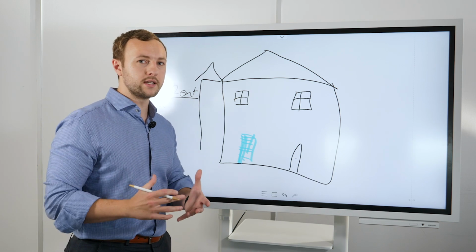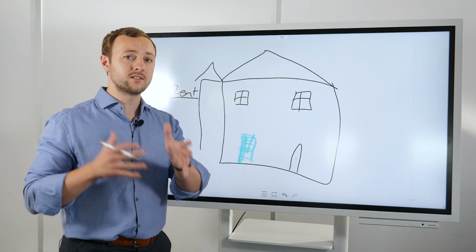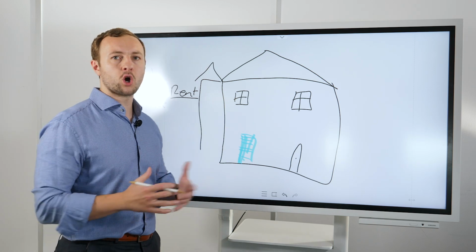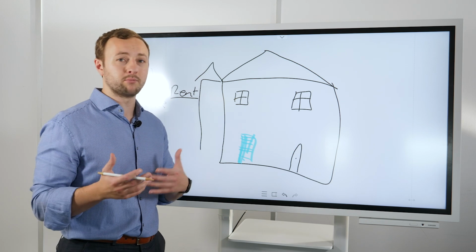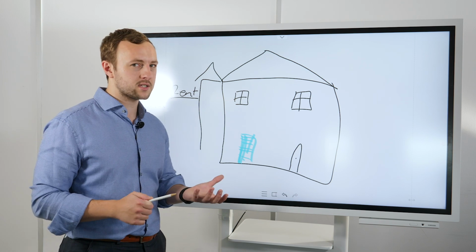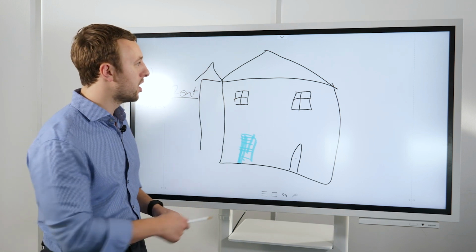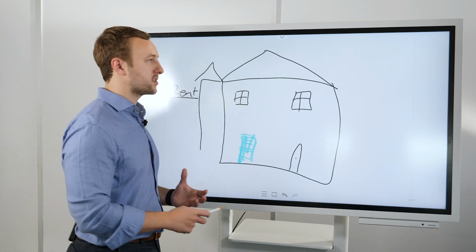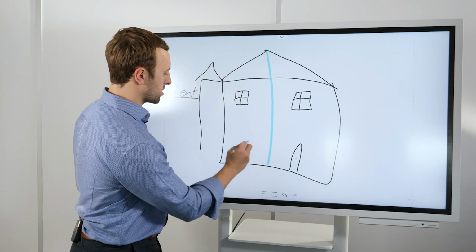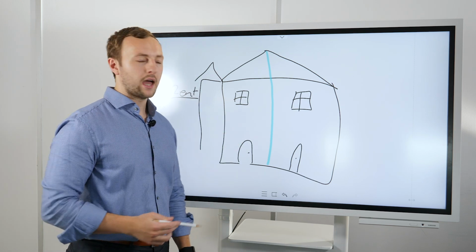Now, with some further research into this, we found out that this property used to be two small properties and a post office. But instead of just going in and tightening it up, adding 15, 20, probably 25 grand because it needs a lot of work, and then getting an end value of, realistically, 100,000 to 120,000 for that big property, what we can do is go in there, buy this, and refurbish it by splitting it down the middle, breaking those bricks apart, putting another door on there, maybe moving the windows around, and actually spend